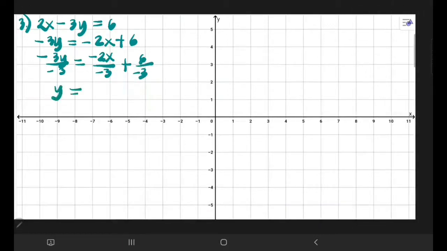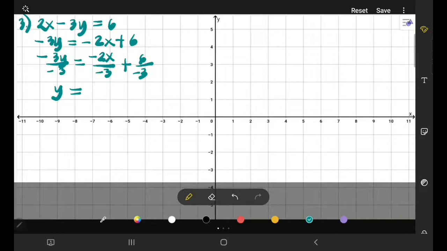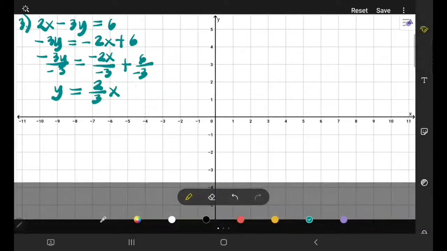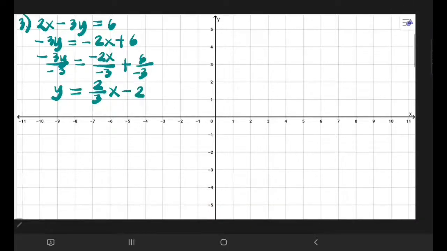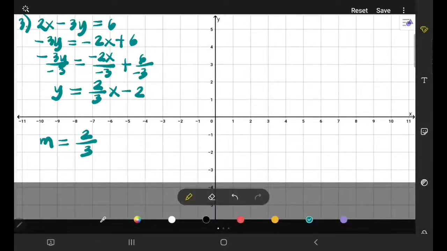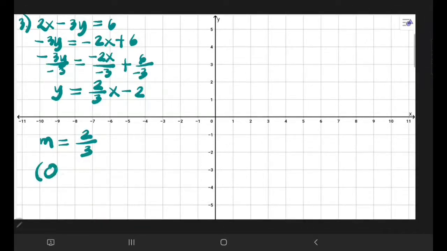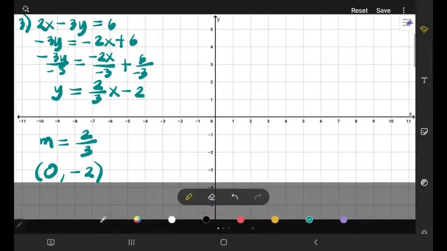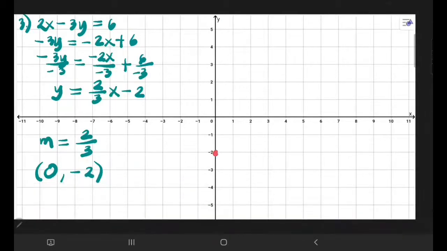So y is, negative divided by negative is positive, so that becomes 2/3 x. 6 divided by negative 3, that's negative 2. Meaning your slope is 2/3 and your b is negative 2. So b, that's the y-intercept: (0, negative 2). Okay, let's do that. Start with (0, negative 2). And then